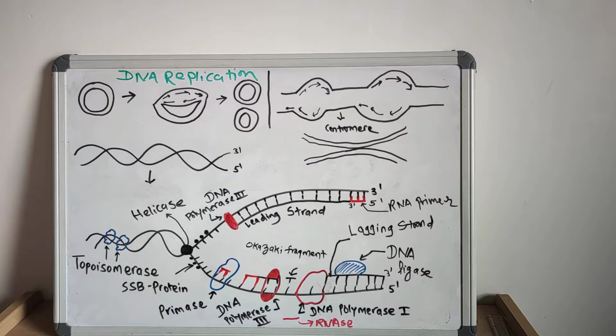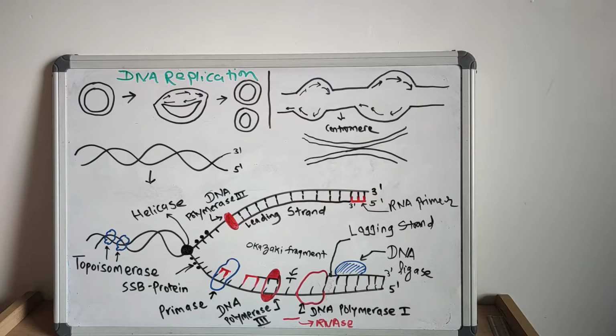So, DNA replication, as you can see: the genetic information is transmitted from parent to progeny by the replication of the parental DNA. It is the process in which two daughter DNA molecules are produced that are identical to the parental DNA molecule. During DNA replication, the two complementary strands of parental DNA are pulled apart. Each parental strand is then used as a template for synthesis of a new complementary strand. That's why DNA replication is semi-conservative replication. During cell division, each daughter cell receives one of the two identical DNA molecules.